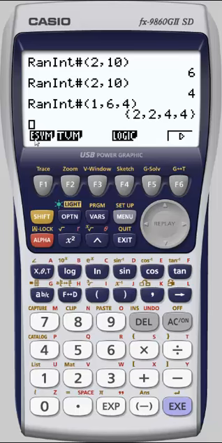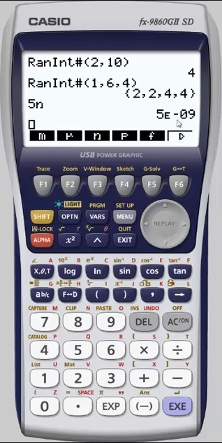We have engineering symbols. So that would be milli, micro, nano, pico, femto. So all these do is if I pick a number and I say let's make that nanometers, then it's 5 times 10 to the negative 9th meters. It just represents it in that scientific format for you. Pressing for more gives us the larger versions like kilo, mega, giga, tera, peta, exa.